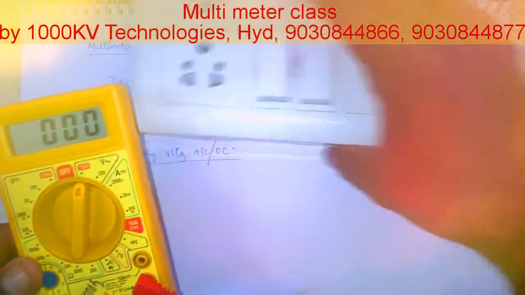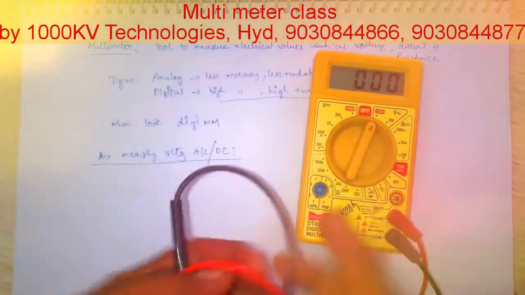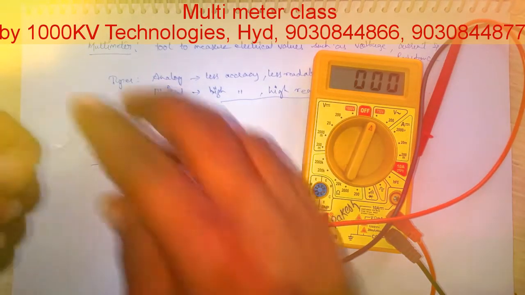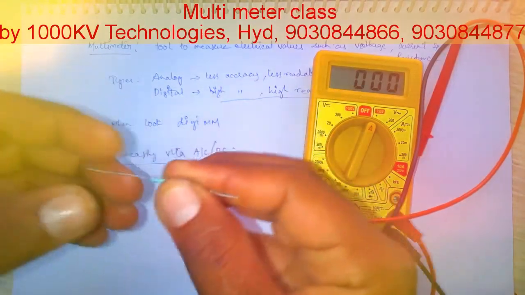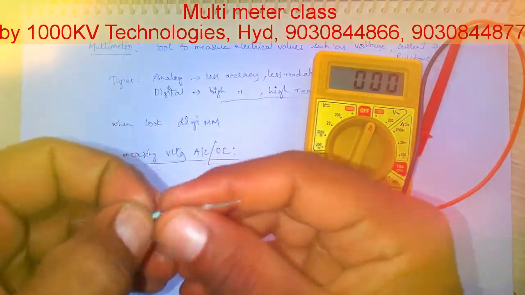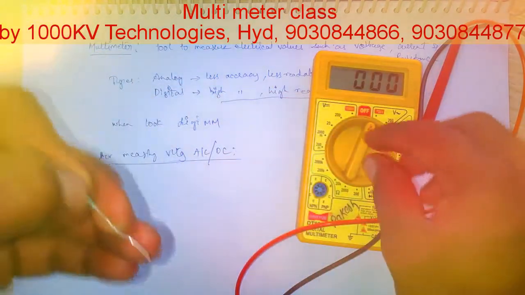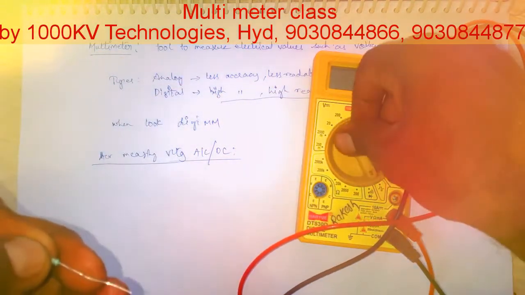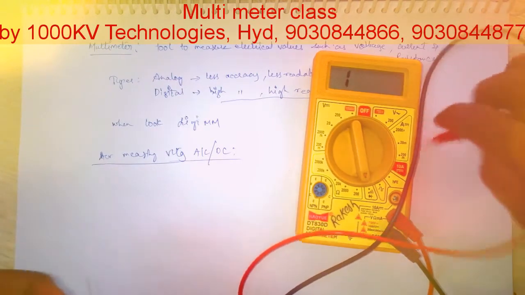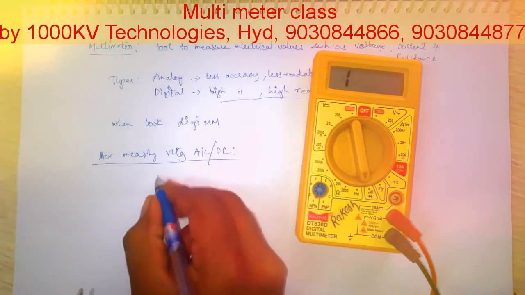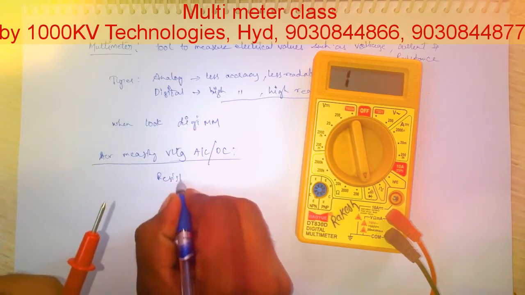And coming next to how to measure resistance using a multimeter. You can measure resistance using the color code, or you can use a multimeter for measuring the resistance. If you have no idea about color coding, you can directly use a multimeter. It is a simple method to measure resistance. So I am using it here for measuring resistance.